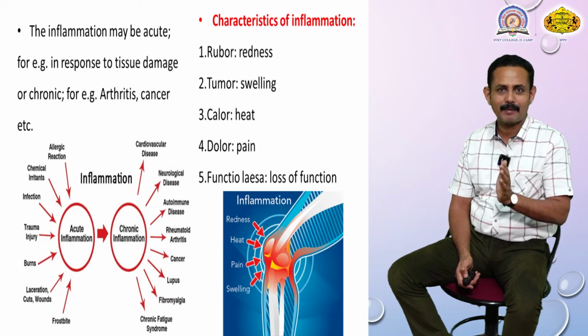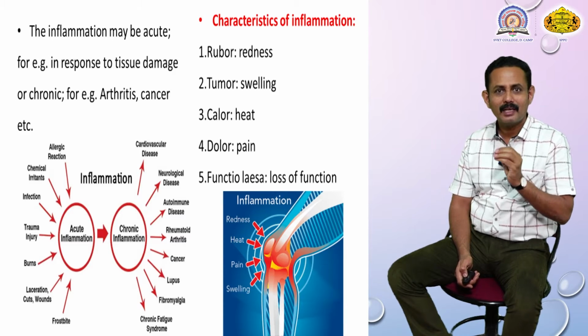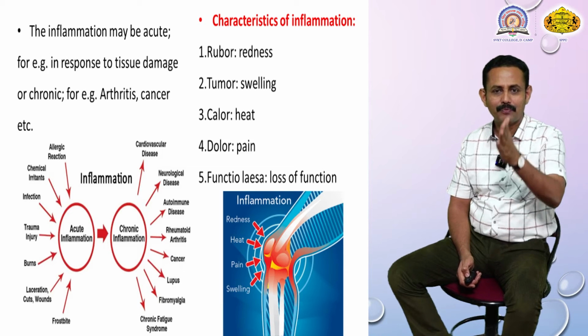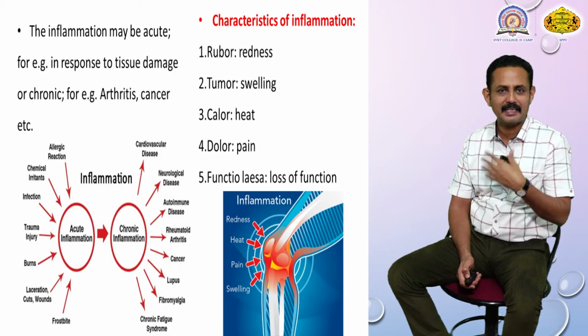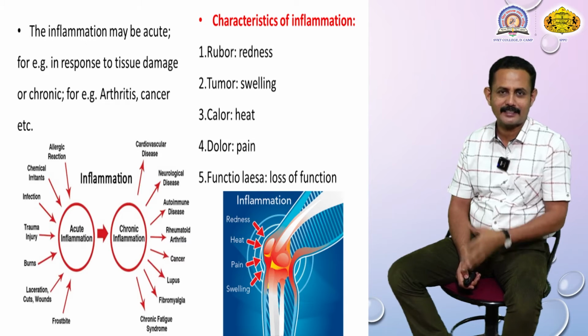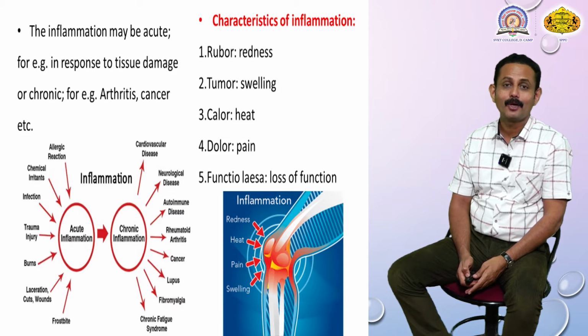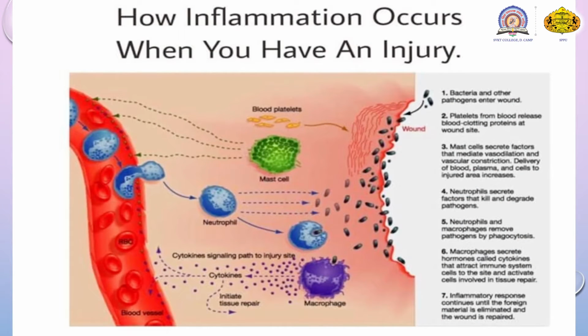It means that in that area a permanent injury is caused and the body is continuously engaged in healing that damaged area, and due to that we feel characteristics like redness, swelling, heat, pain, loss of function, etc. Such type of inflammation is called chronic inflammation. Now in the next slide, let us see how inflammation basically takes place.